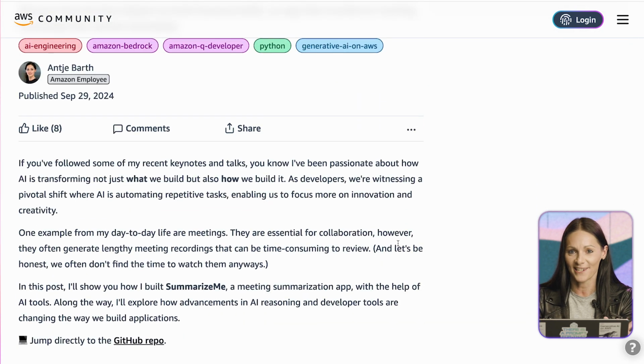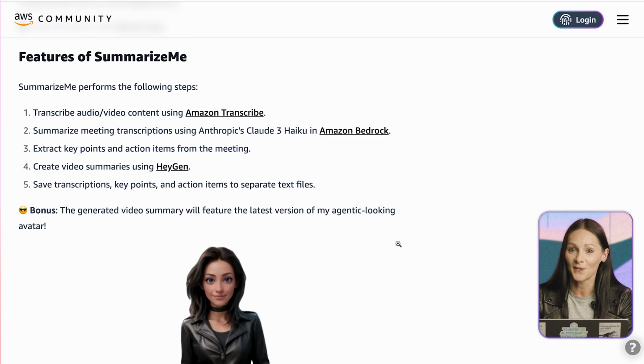So the first part I did, as we all know, meetings are very time consuming. And I bet a lot of you have been in similar situations where you have to summarize meeting outcomes and share with your coworkers. So I thought, why not automate this? I started out with a blank project in my VS Code environment. I wanted to bring together a couple of components, and test how far I can go using code assistants, in this case, Amazon Q Developer, to help me build this app.